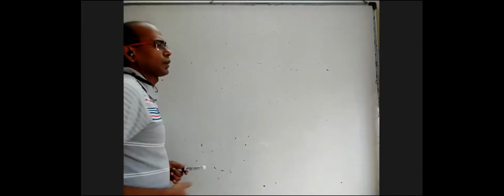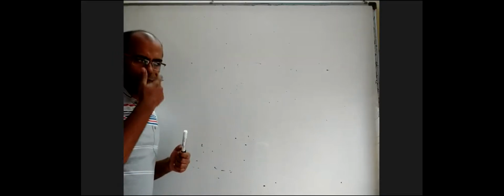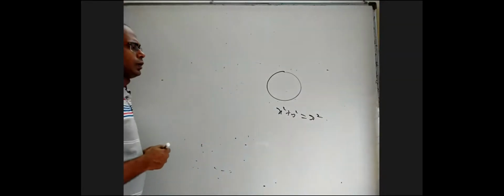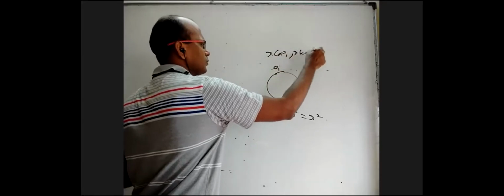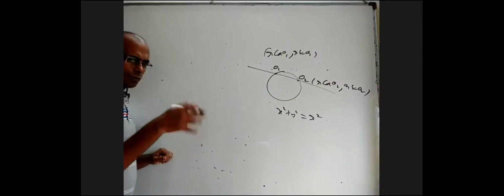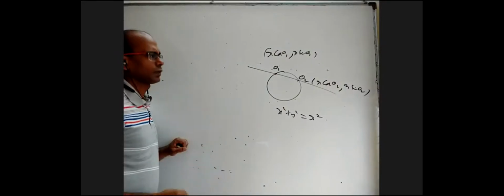Okay, so this is another important point that we know, and chord of contact we studied. Next, in parametric form also we have, in terms of theta, the chord formula and the tangent formula. If there is a circle x square plus y square equal to r square, and a point theta 1 and theta 2, what is theta 1 according to parametric form? r cos theta 1, r sin theta 1. This point is r cos theta 2, r sin theta 2. The chord joining these two, we know S1 plus S2 equal to S12. Like that you can do it and then simplify it.